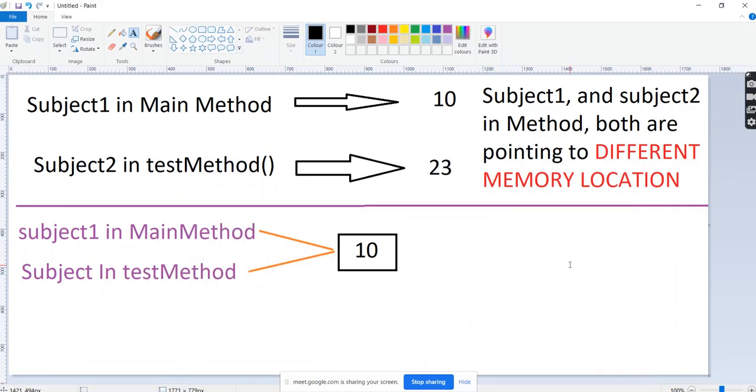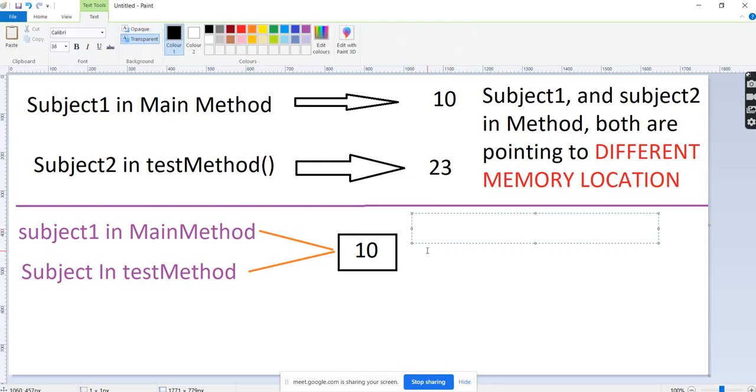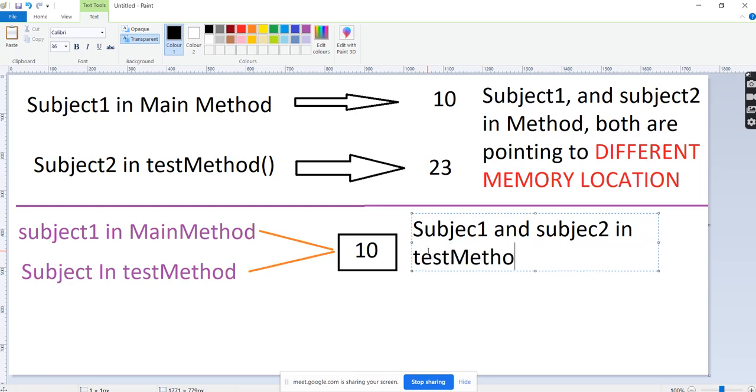Yeah. Here you can see what we did here. Both are pointing to the same memory location here.